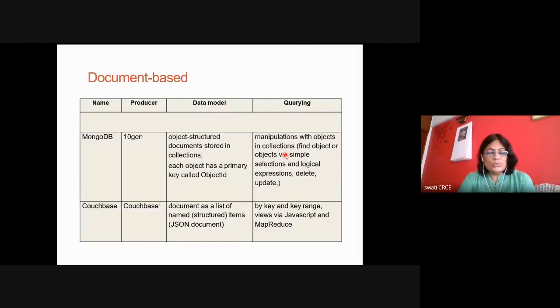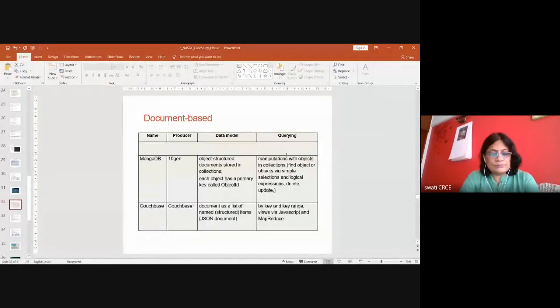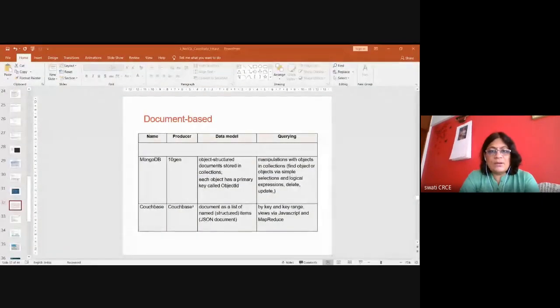Okay, so this is the entire information about MongoDB. So we are done with the introduction part of document store MongoDB case study for the NoSQL databases.